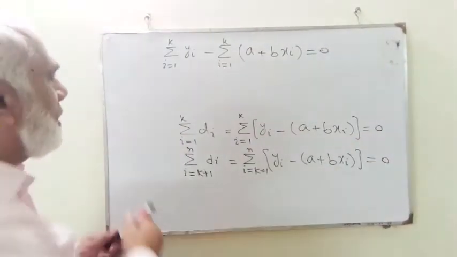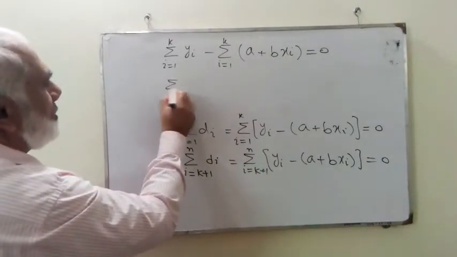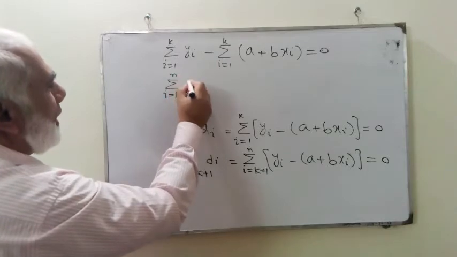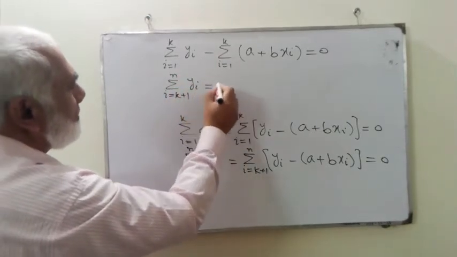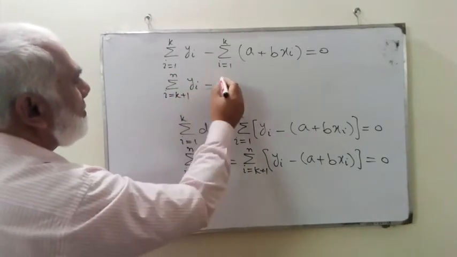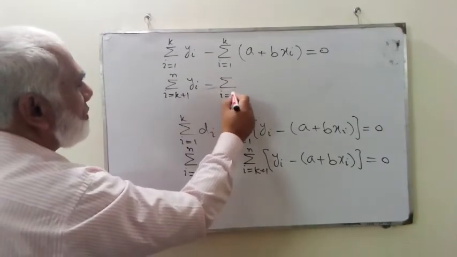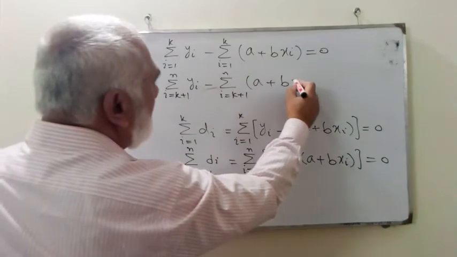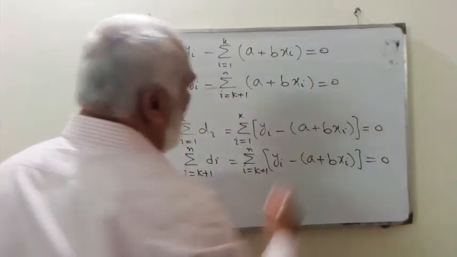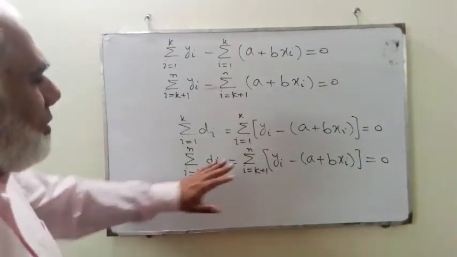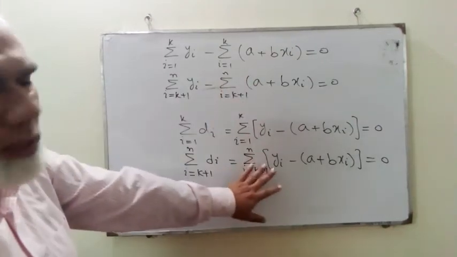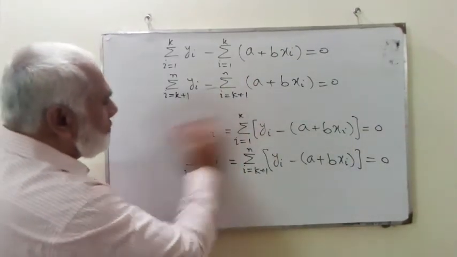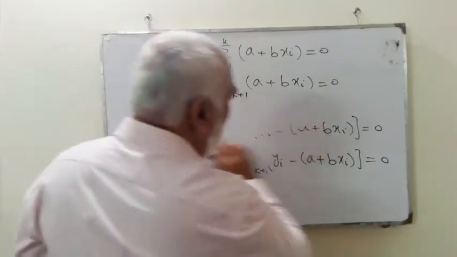Similarly, from the second equation we can write the result as sigma i equals k plus 1 to n of yi minus sigma i equals k plus 1 to n of (a plus b xi). Okay, so here you can see we got these two results from these two equations. Now, after constructing these, the next step is